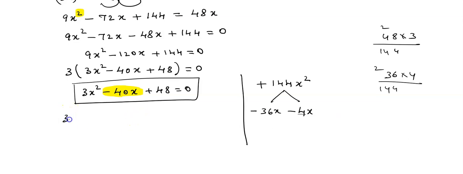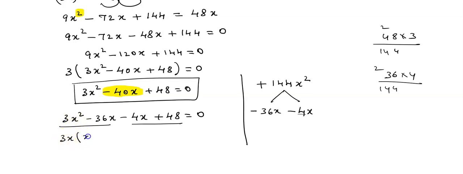Correct? Then 3x square. First you write minus 36x. Then minus 4x. Last term as it is plus 48 is equals to 0. This is one pair. This is one pair. 3x square minus 36. So we can take 3x as common. If I have taken 3 out and x square in x 1 out, so x is left out, minus 3 1s are 3, 3 2s are 6. Already x is out. Whatever you got in the bracket, write it as it is, x minus 12. So what is left out here? Minus 4. That is equals to 0.